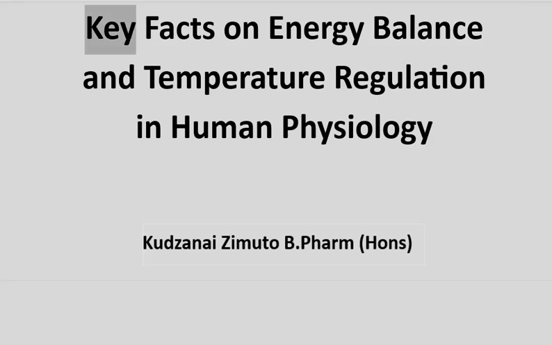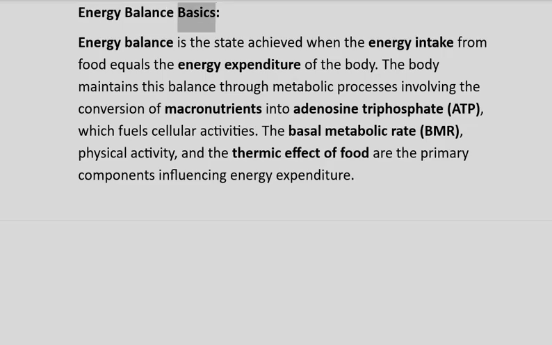Key facts on energy balance and temperature regulation in human physiology. Energy balance basics. Energy balance is the state achieved when the energy intake from food equals the energy expenditure of the body. The body maintains this balance through metabolic processes involving the conversion of macronutrients into adenosine triphosphate, ATP, which